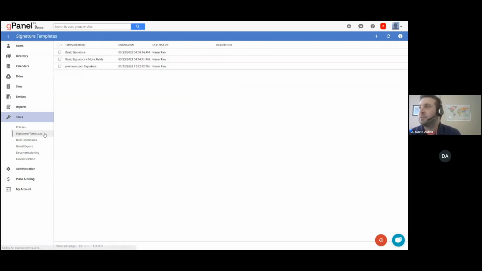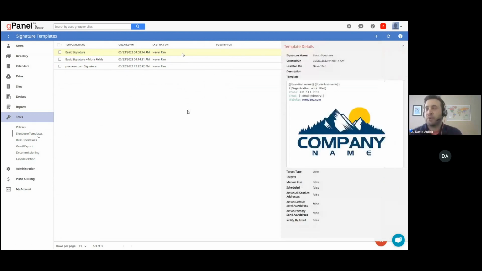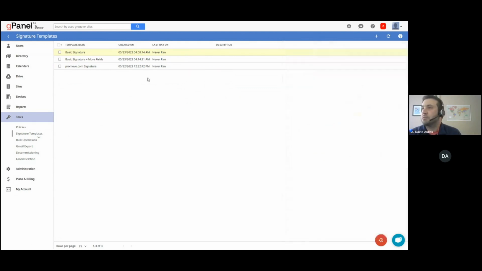Next section, this is going to be a very popular module, again, under the Tools module, and this is going to be signature templates. So these will give you the ability to standardize your signatures across your domain, and you're making sure that your branding is consistent. So let's go ahead and delve into one of these, and we are going to take a look at what this looks like on the inside